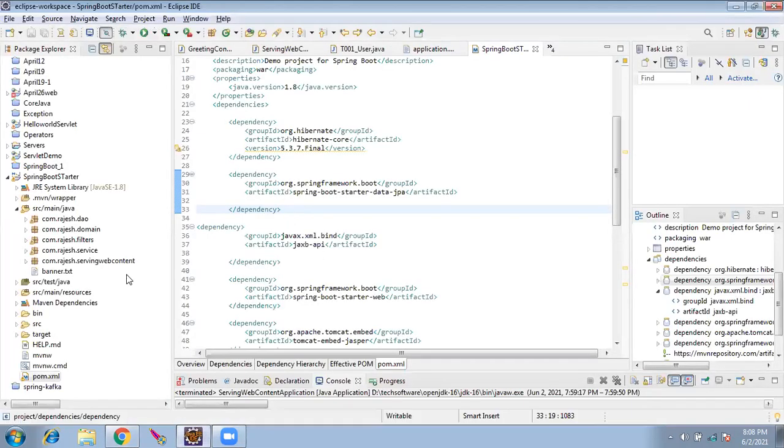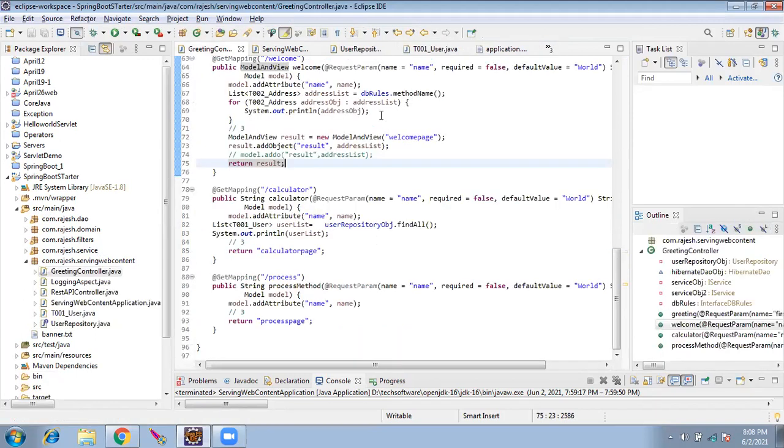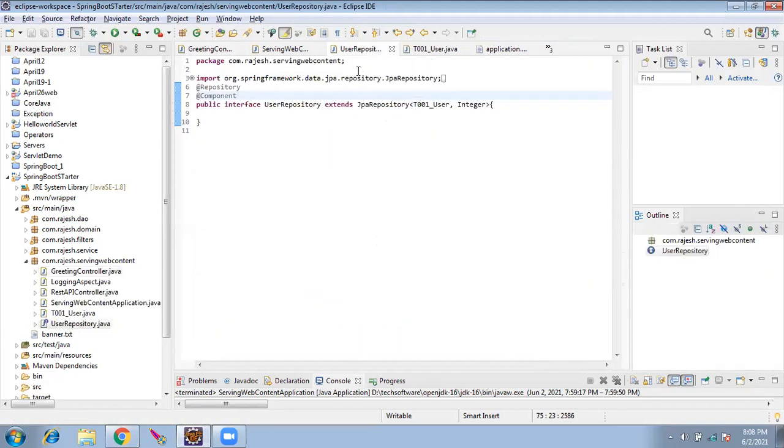Once the jars are downloaded, we will be able to unlock and use the classes and the methods which are provided in the jar. So the first step is done. The second step is we create a repository, which is where Spring Boot integrates itself with Hibernate.